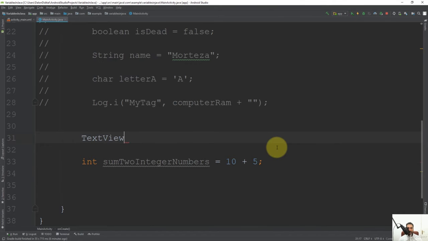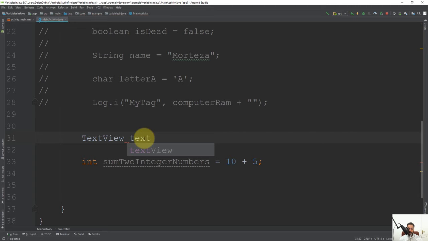So you can see that as I'm typing here TextView, this TextView is a class because it starts with a capital T. So this means that we are going to create an object out of this class. And you know that objects are stored in the heap memory. And inside the stack memory, we only have an address or a reference to the heap memory, the address of the object that is created. So we are going to create, so let's name it as